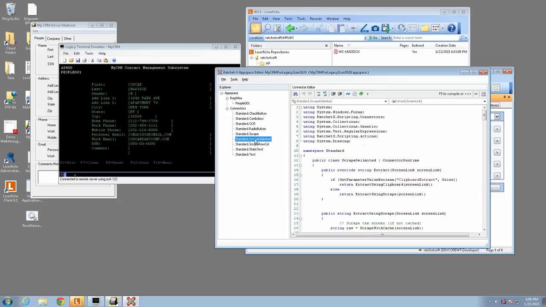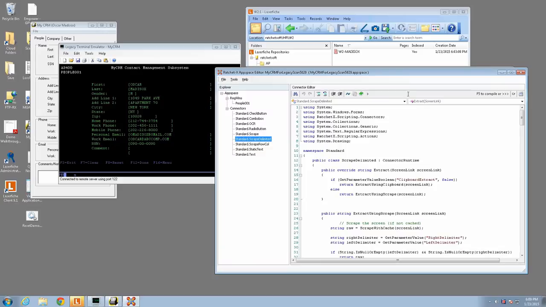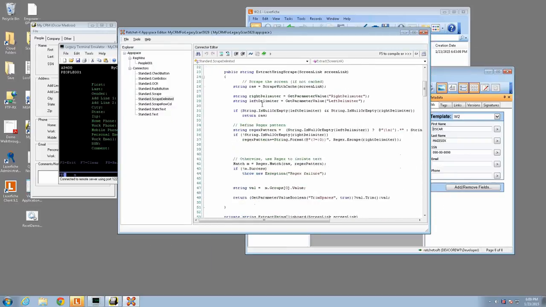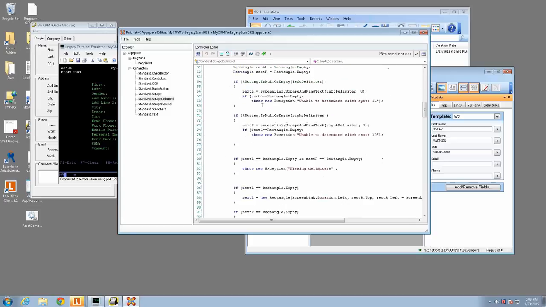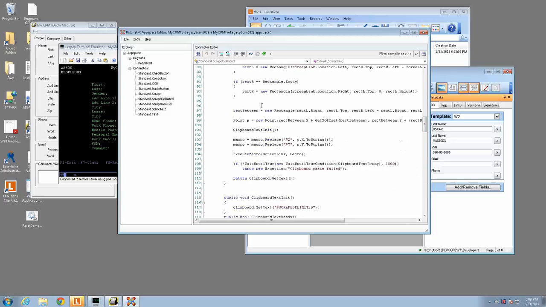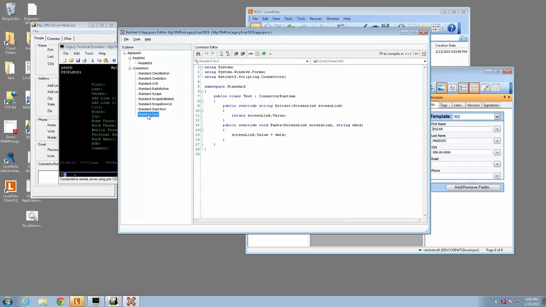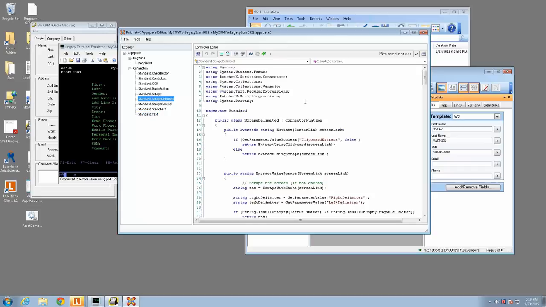This is the scrape delimited connector. Now, as you can see, there's source code here. Right? This is .NET 3.5 coding in C#. Okay? It can be as complicated as you want it to be, or it can be very simple. The standard text connector, which we use most of the time, is very, very simple, under 20 lines. Okay, very simple. We happen to select a more complicated connector, the scrape delimited connector. Okay? So,